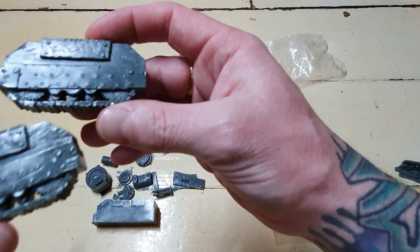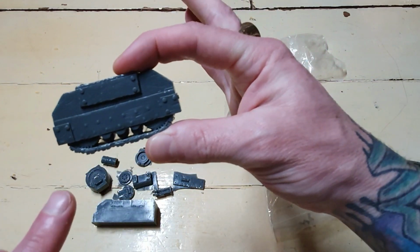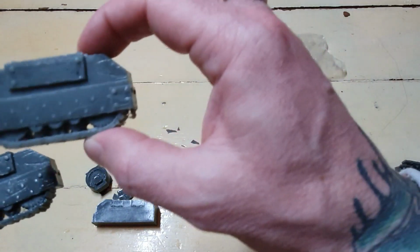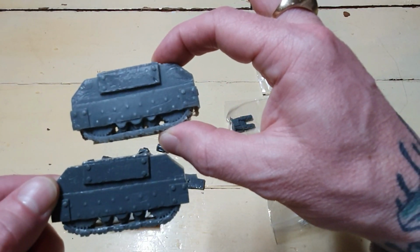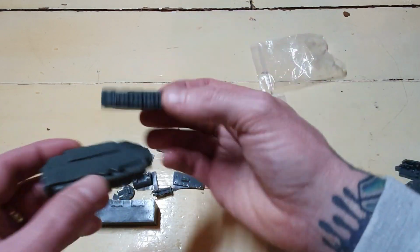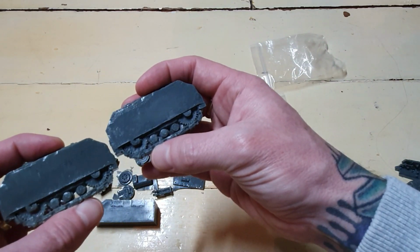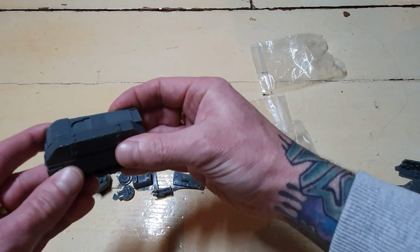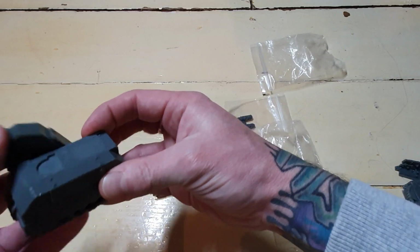And these ones came and they are much, much better. Like you say, there's a little bit of cleanup through the wheels there, but compared to the ones I was originally sent, far, far better. And they came out a lot cleaner. There is a bit of cleanup required on them, but they are usable. They're going to work. So let's hold them together. And again, they attach together in a very simple manner,